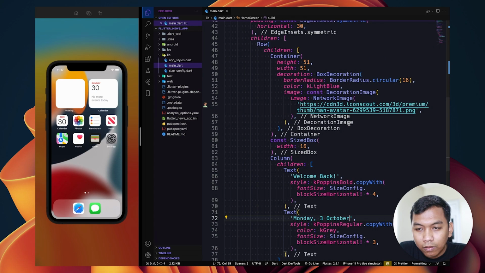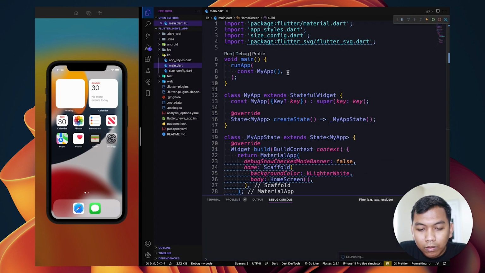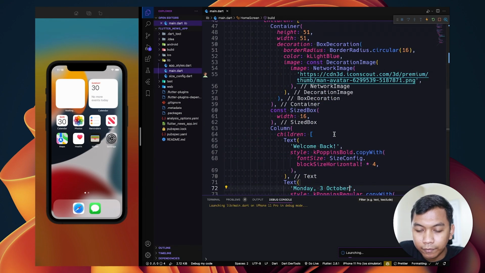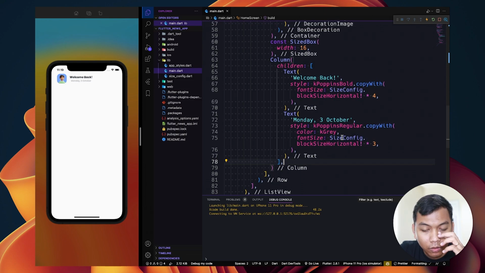Alright, so maybe let's start to debug to see what's happened in our screen. So we have user avatar and then a column widget that contains 2 text widgets.